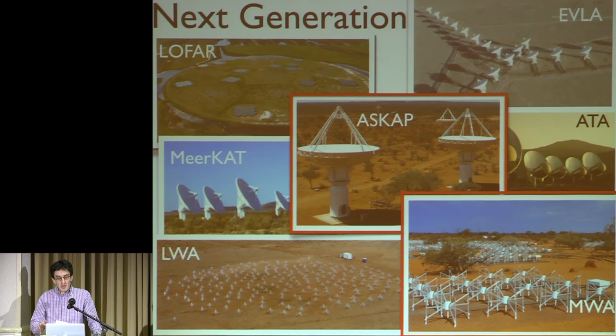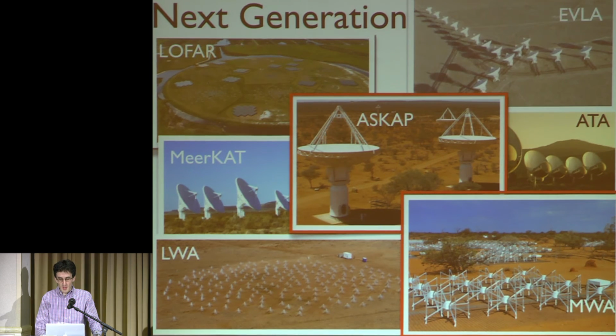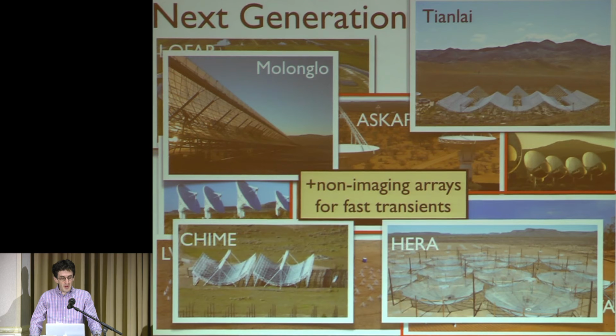I just want to clarify, though, that these are only the imaging arrays. There is also a new generation of non-imaging arrays that will be fantastic for doing fast transients along with cosmology. So we heard from Vicky about CHIME. There's also the Molonglo telescope, Tianlai in China, and the Hera array. And these will also all help us understand the regime of fast radio transients and hopefully find some new and